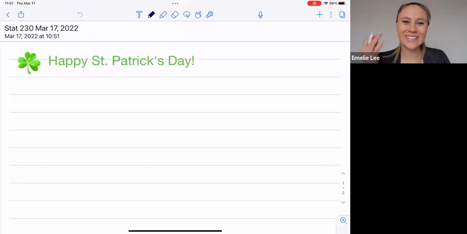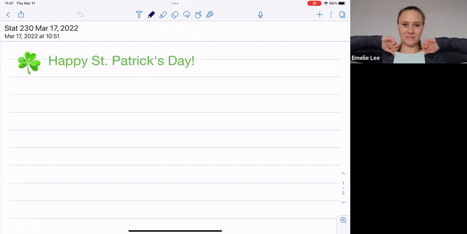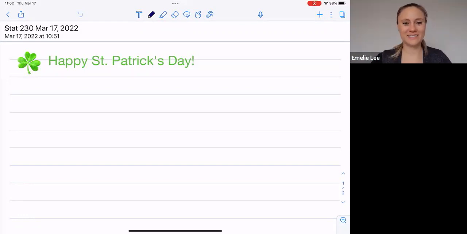Good morning. Happy St. Patrick's Day. I'm wearing the only green thing that I have, and it's not even that green. I should probably do something about that. But anyways,